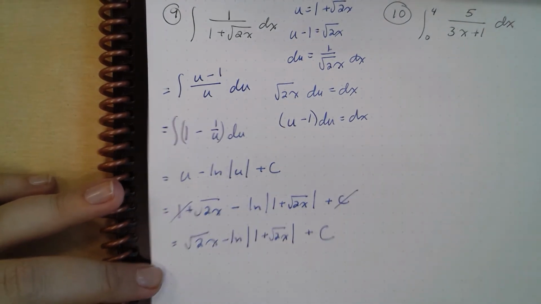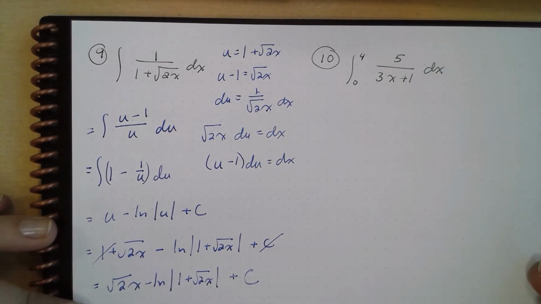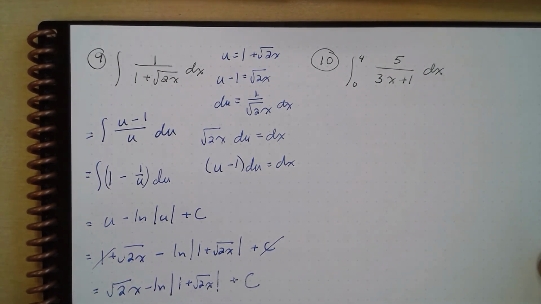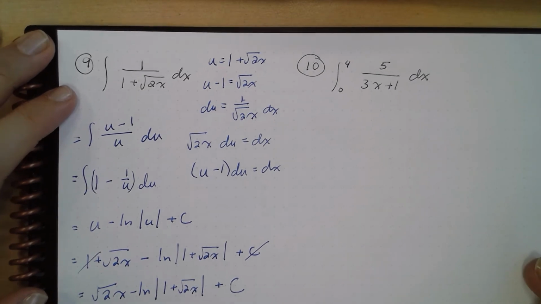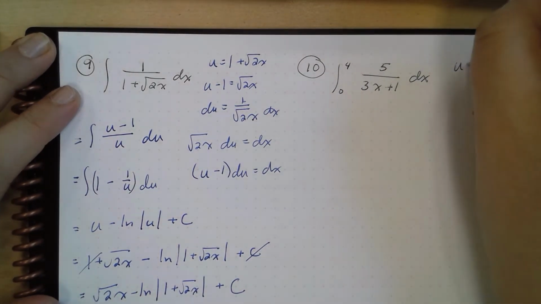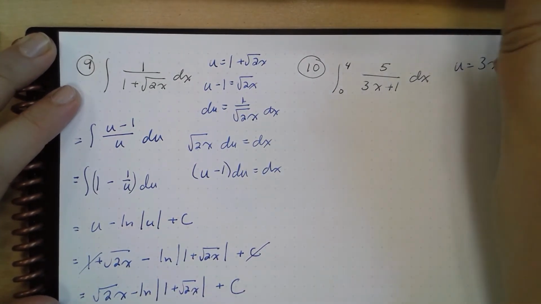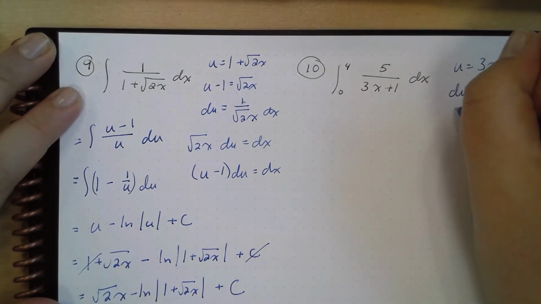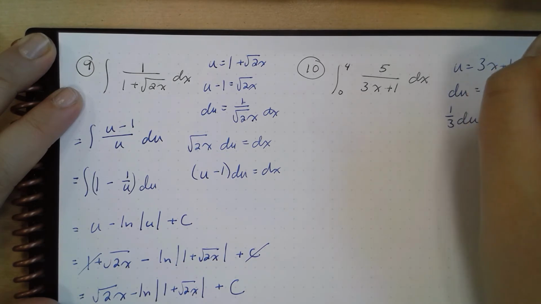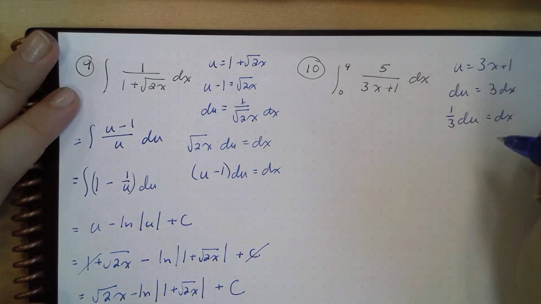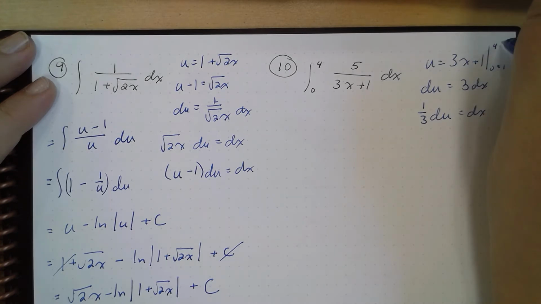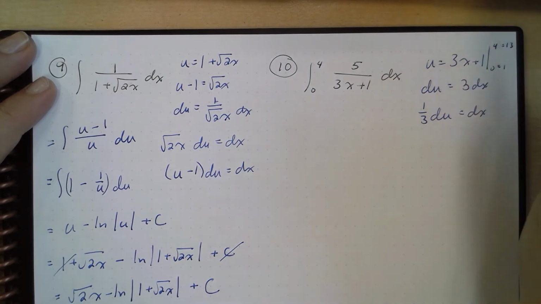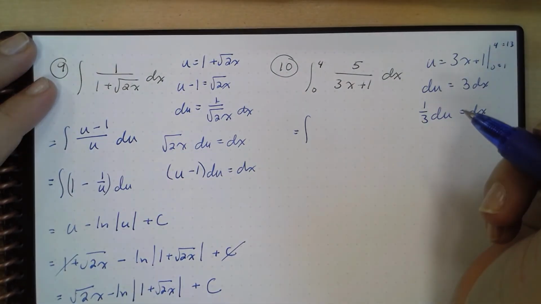Let's do one more final problem. We have the integral from 0 to 4 of 5 over 3x plus 1. I'm going to have u is equal to 3x plus 1. So du is equal to 3 dx. So 1/3 du is equal to dx. Okay? If I change my integration here from 0 to 4, if I put in 0, I've got 1. If I put in 4, I've got 13. Okay? So this is going to be equal to the integral